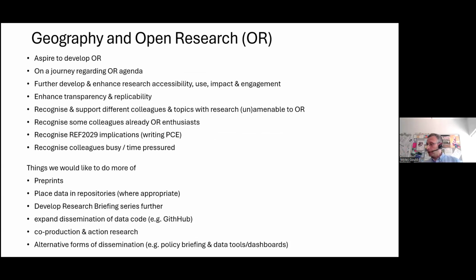I know our research manager and impact manager, Pazit's in the audience today as well. So we're on a journey, and we're very ambitious. We did very well in the previous REF, for example, but we have more ambition going forwards. We want our research to be as transparent as possible